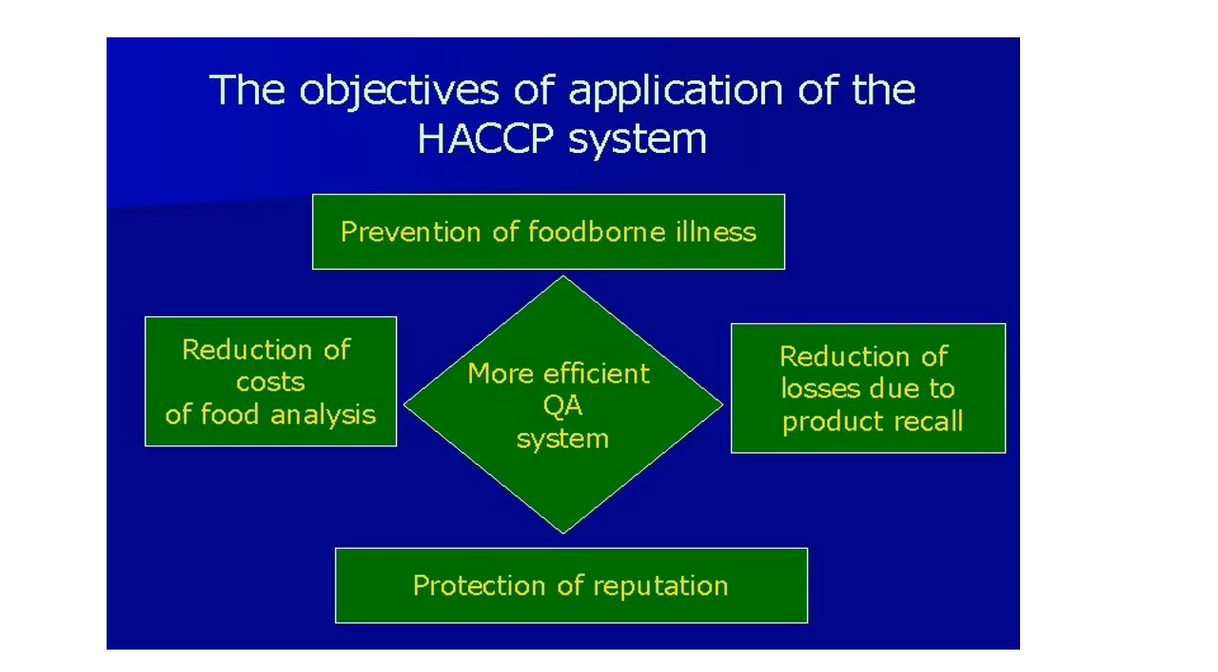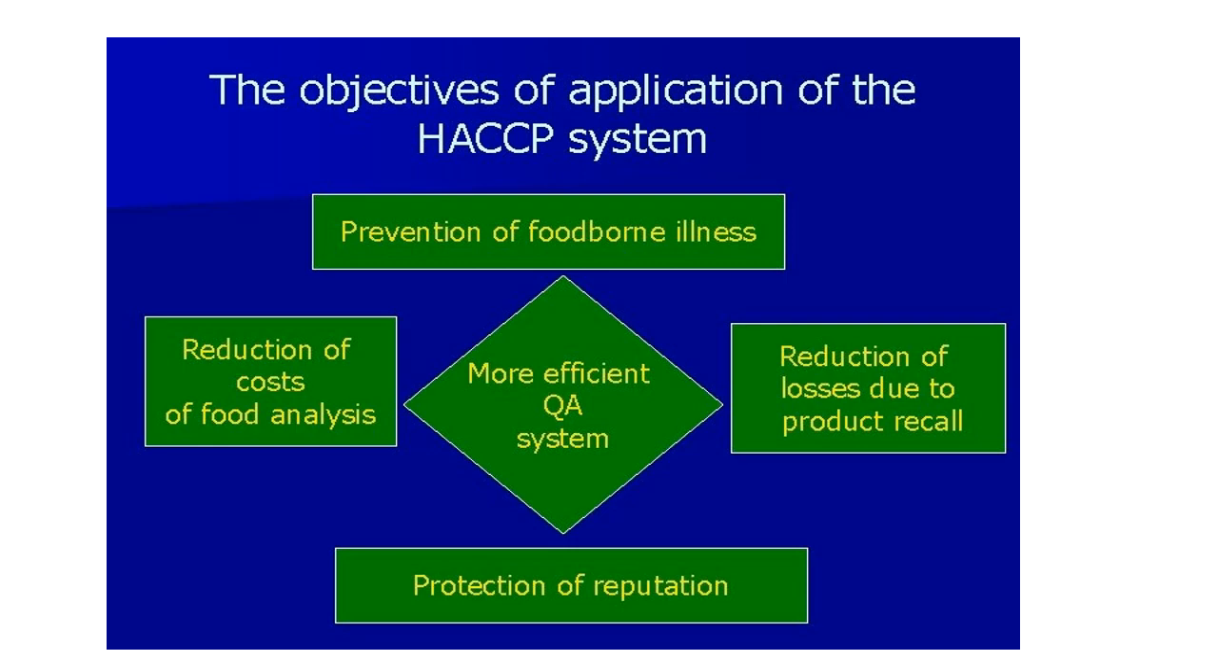Firstly, prevention of foodborne illness, reduction of costs of food analysis, reduction of issues due to product recall and protection of reputation, and finally it is a more efficient quality assurance system. So quality assurance is one of the most important aspects for any food production or food processing, and it can be efficiently done through these four ways, that is the prevention of foodborne illness, reduction of cost, reduction of losses